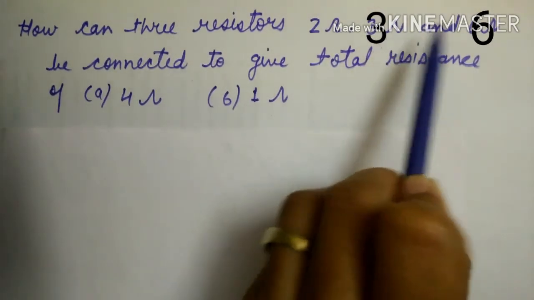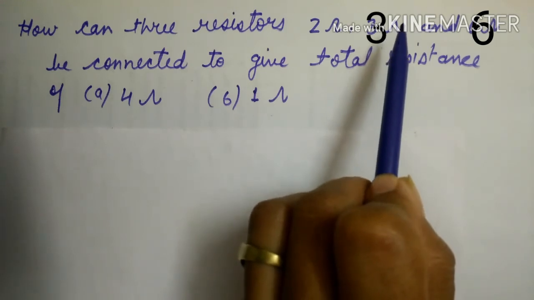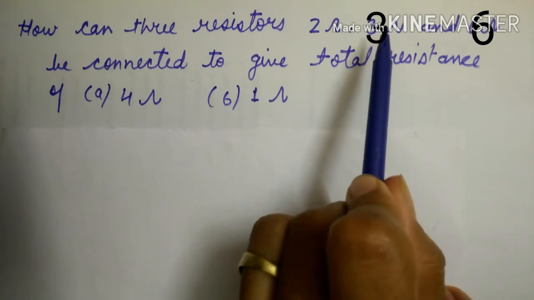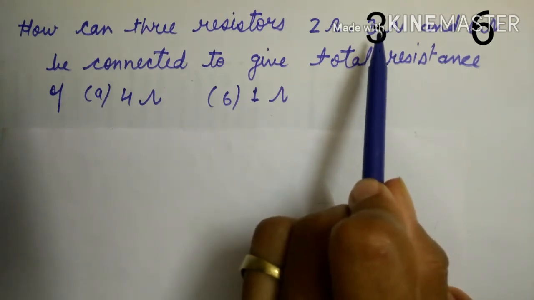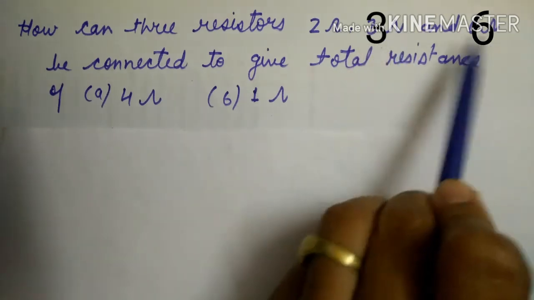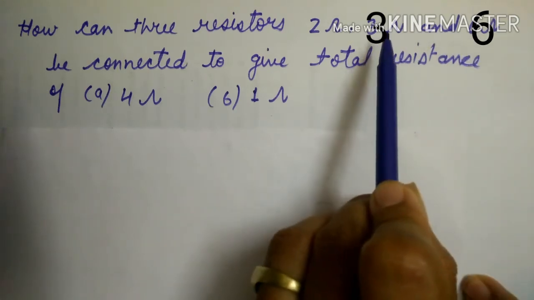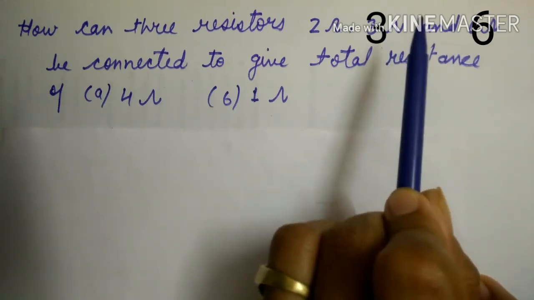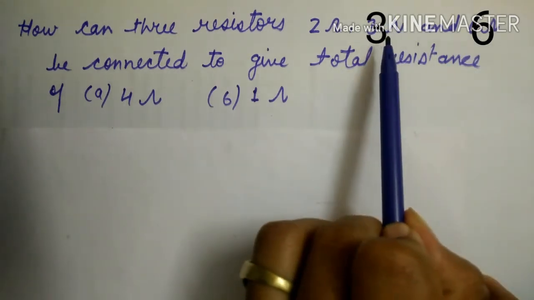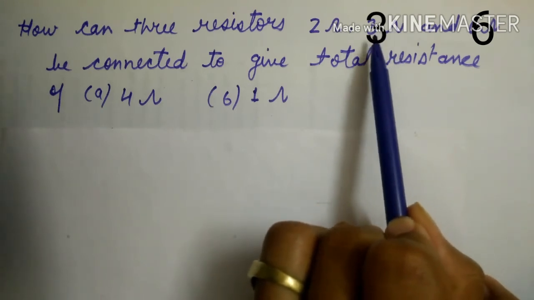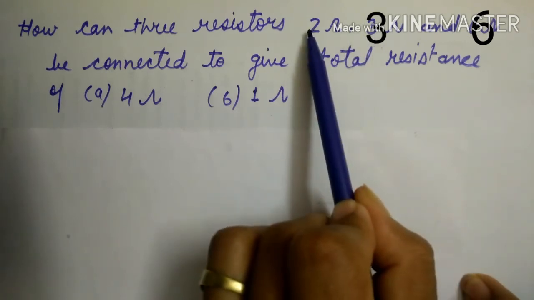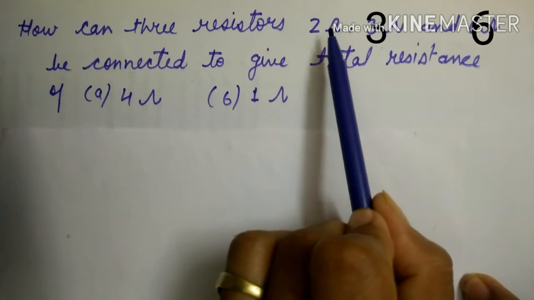If we connect 3 ohm and 6 ohm in parallel, in that case we will get a value which will be less than 3. We know in parallel combination the equivalent resistance is always lesser than the least value of resistance. जो भी हम रेसिस्टर्स के रेसिस्टेंस लेते हैं उनकी जो लेस वैल्यू होती है उससे कम हमारे को टोटल रेसिस्टेंस मिलता है. तो अगर हम 3 और 6 को पैरेलल कॉम्बिनेशन में कनेक्ट करते हैं तो जो वैल्यू मिलेगी वो हमारे को मिलेगी लेस देन 3. सपोज इट इज़ 2 और 2 को अगर हम 2 के साथ सीरीज में कंबाइन कर देंगे तो इट विल बिकम 4.